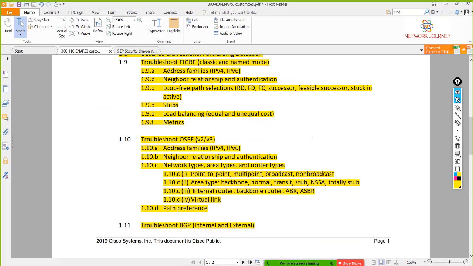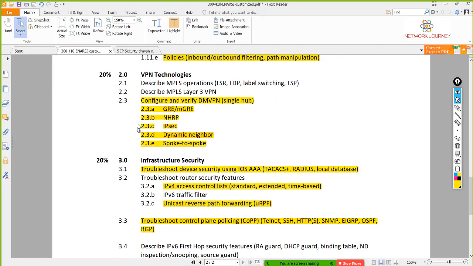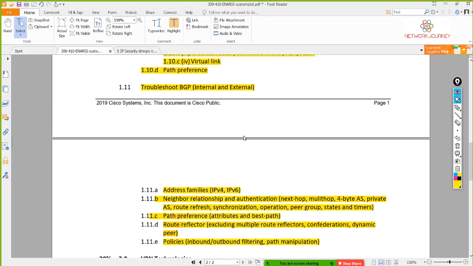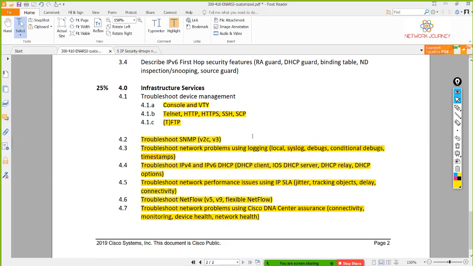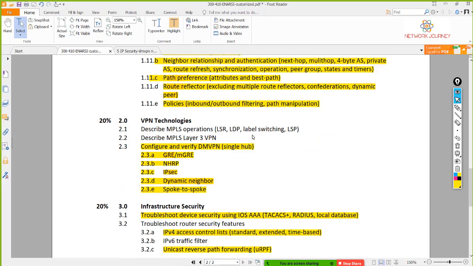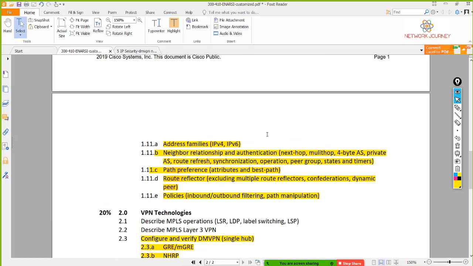Let's start with the topic for the day. So I'm going to cover DMVPN, one of the NRC module topics. Okay, so we are pretty much done here. Also NRC, a lot of topics have been done. Just might be one or two topics that are left.